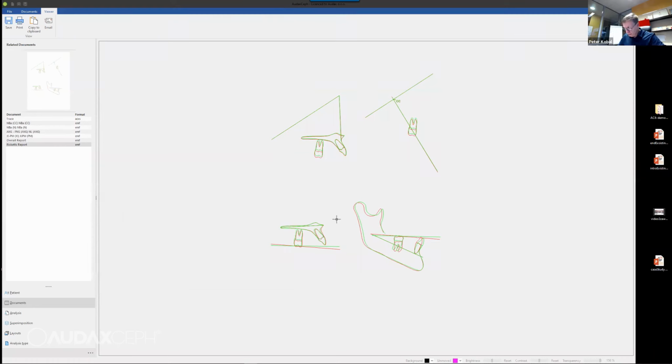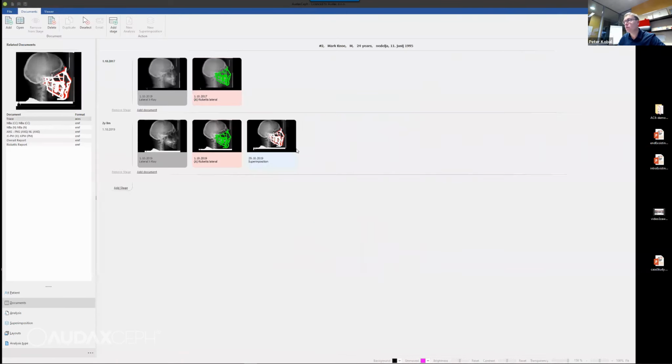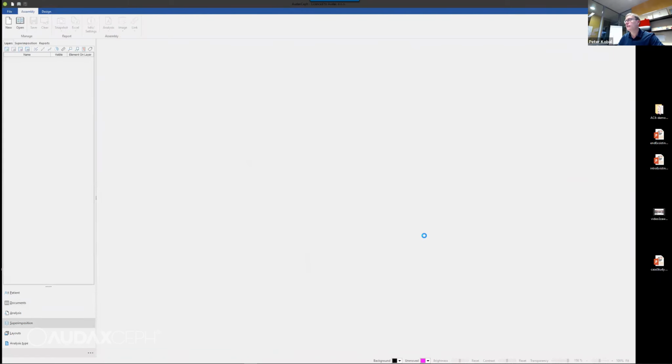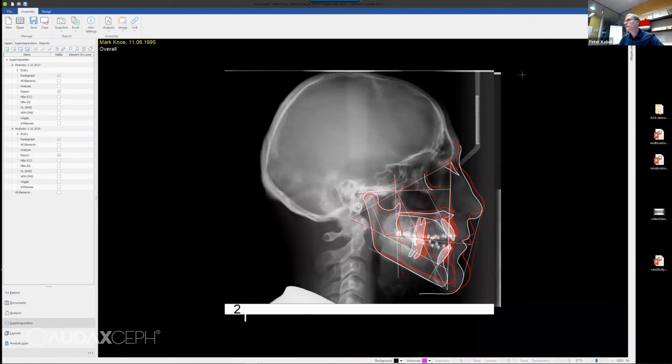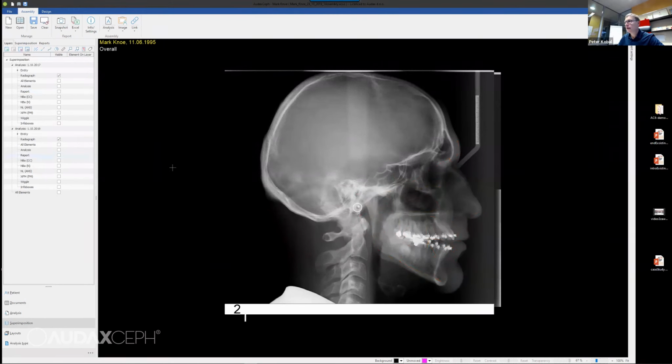There can be a superimposition based on colors. Probably this is one thing that I would like to show to you. So I go to Documents, I will open superimposition and add a link. You will see that there are no envelopes here anymore. And this is good, because we do not need them. And I will do the superimposition without any tracing. So I will remove these things here, so the tracings,